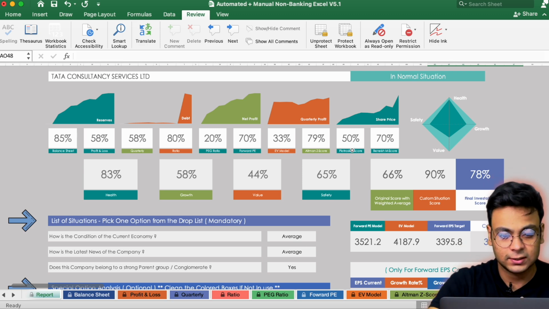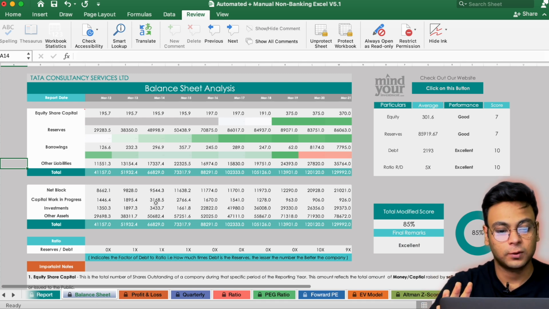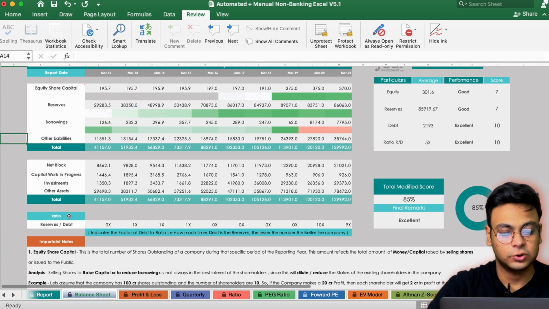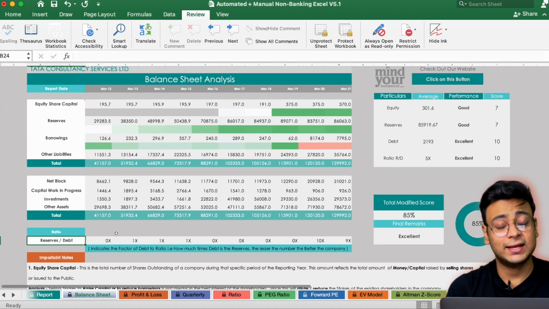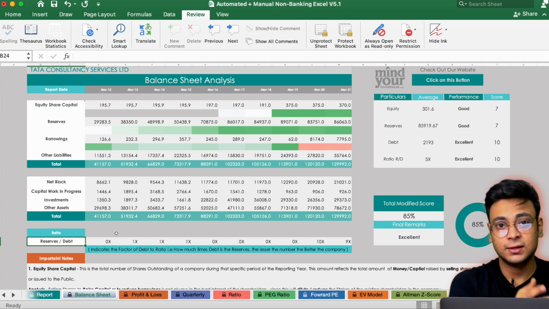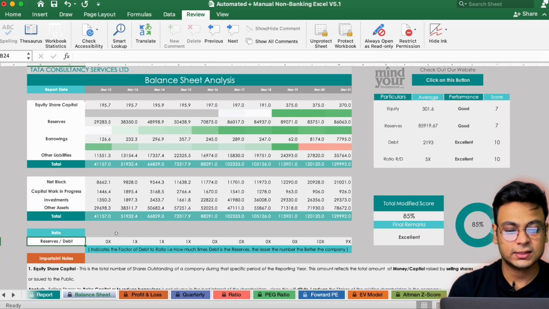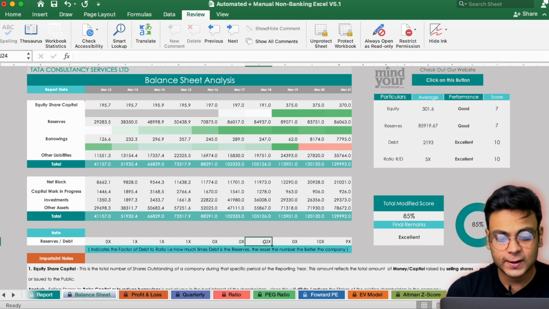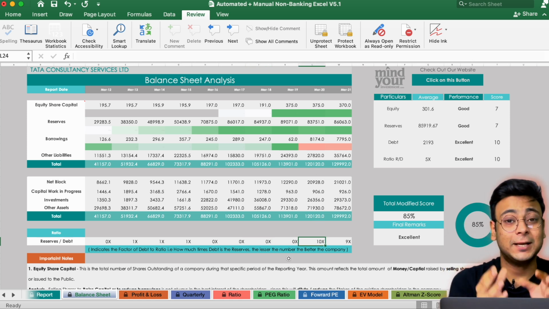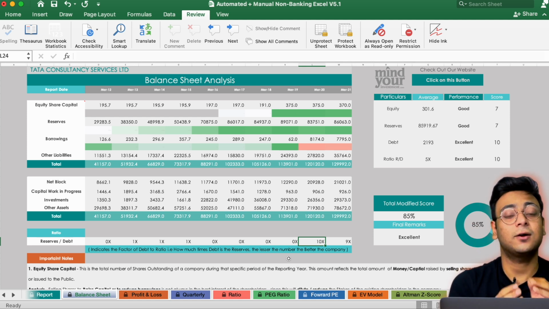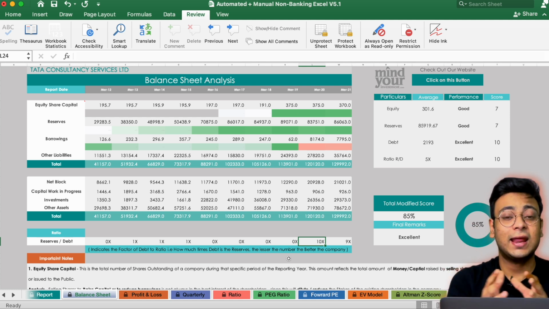So once we see this page, we will go to the balance sheet section over here. Here you will find the reserves to debt ratio. Now this ratio is telling us how much the company's debt is in comparison to reserves, like we covered in the video. So here we can see that the company's reserves to debt has always been very low, and only in 2020 the company's debt was slightly higher because the company was expanding, but still it is 10% of the company's reserves. So again, like I said, this is a very positive sign for a company.